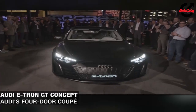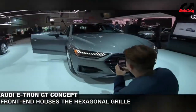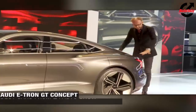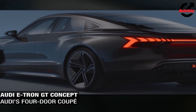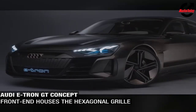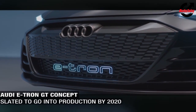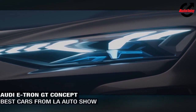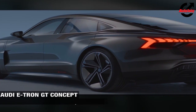The third E-Tron concept makes its public debut at LA as a GT concept and is in a 4-door coupe form. The GT concept reminisces the sporty silhouette of the RS sports coupes and is effortlessly beautiful in its design. The aggressive front end houses the hexagonal grille with multiple aero slats and the matrix LED headlights, sketching an arrowhead design. To give you an idea of the car's shape, this new E-Tron will measure nearly 5 meters in length,